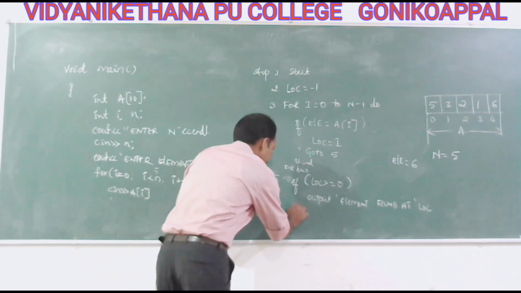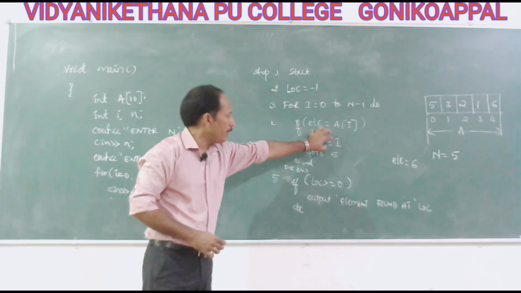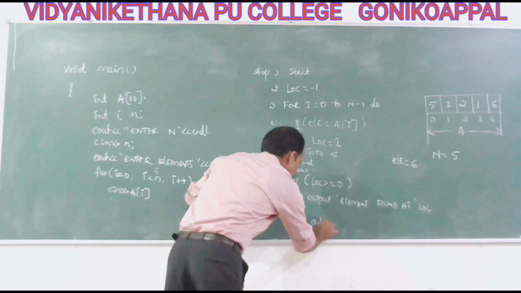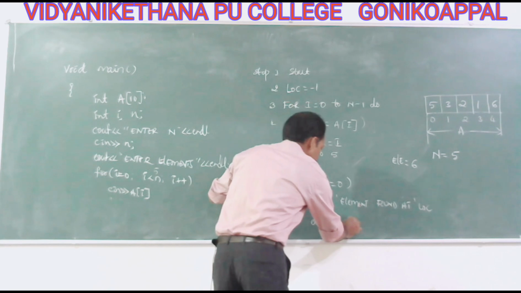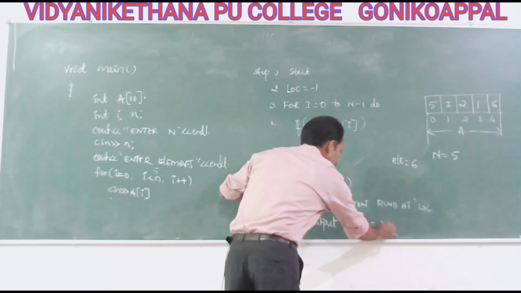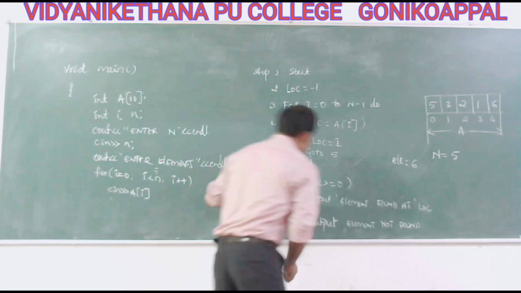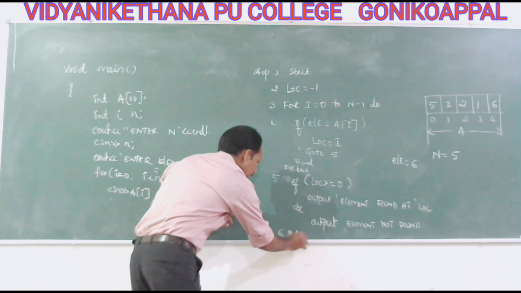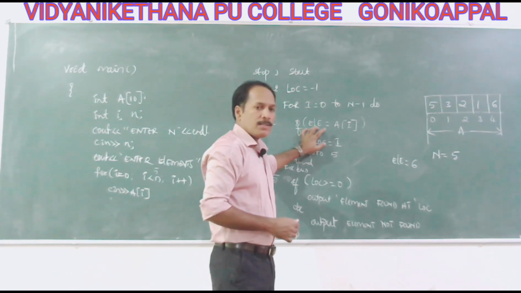So else, it remains negative. This condition never becomes true and we did not find the element. So write Cout, just to write output, it's an algorithm. Element not found. You can write search is unsuccessful also. And next is stop, the end of the algorithm. So this is the algorithm which will find whether the element ELE is present or not.